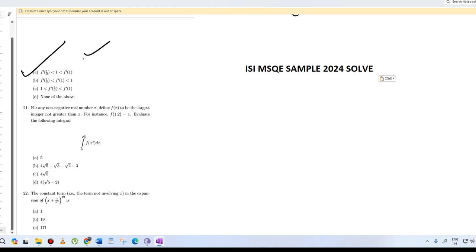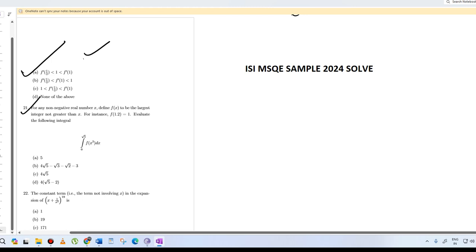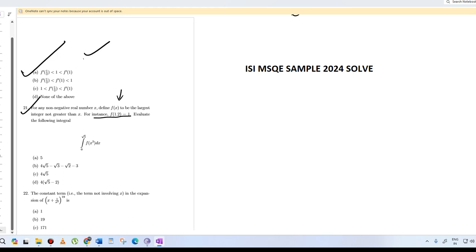Hello dear students, today we are solving question number 21. For a non-negative real number x, define f(x) to be the largest integer greater than x. For instance, f(1.2) is 1. Evaluate the following integral here. Okay, so